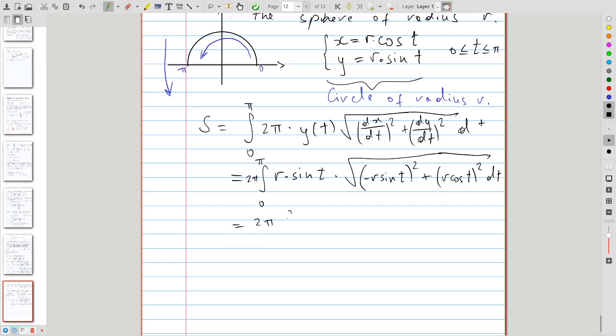And so this becomes, after simplification,